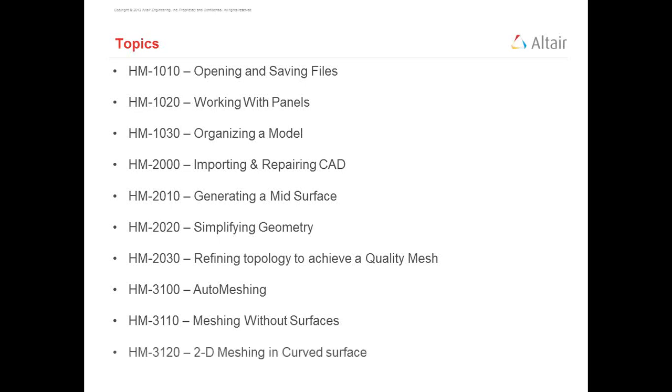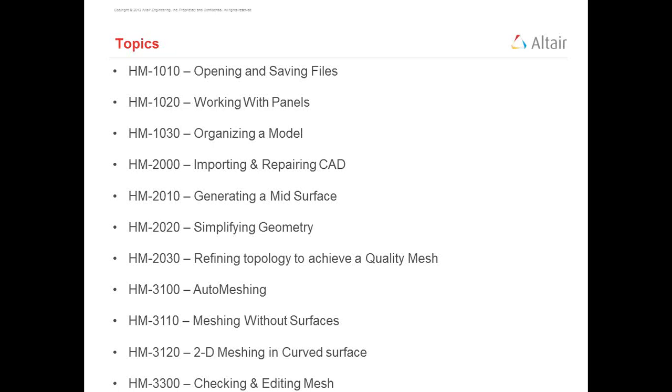So we'll see also that. Then we will see how to do 2D meshing in a curved surface area. There are some options available through which you can do 2D meshing in curved surfaces. Then checking and editing the mesh. So lastly we will see how to check the elements quality and how to edit them.